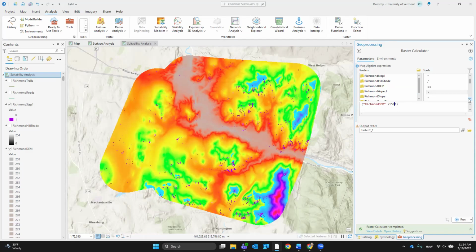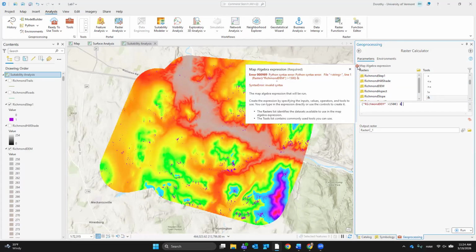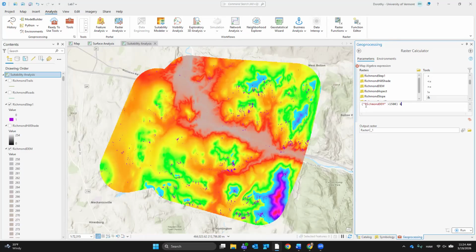Oh, see, look, it got mad. That string line. Oh, so there is something wrong with my code. So I messed up my code somewhere. Invalid syntax. What did I do here? Richmond DEM, come on, Richmond DEM. And it is 100.